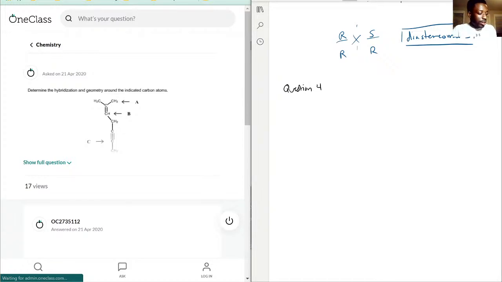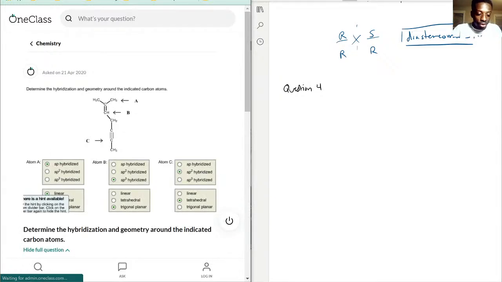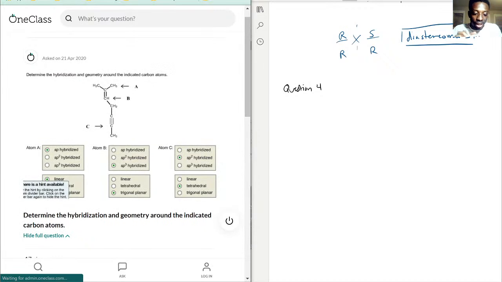So this question is asking us to determine the hybridization and geometry around indicated carbon atoms. So what does it mean by hybridization? Okay, when I write down SP and SP2 and SP3, what does that mean? It actually simply means the amount of carbons,